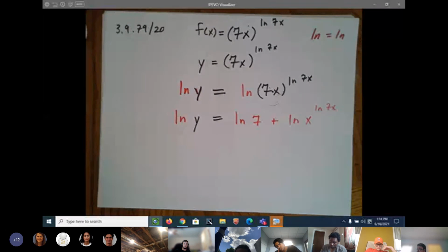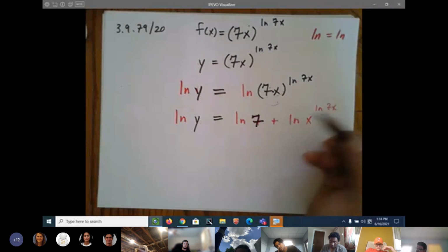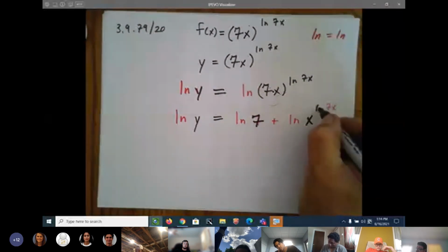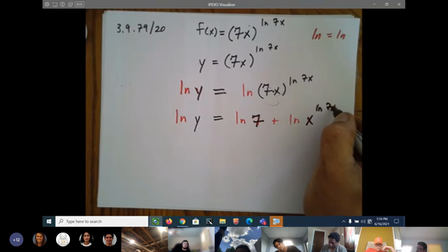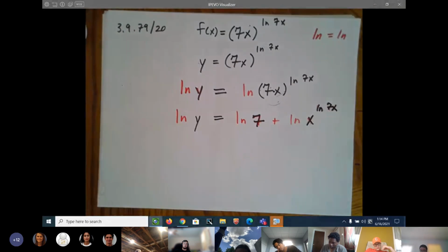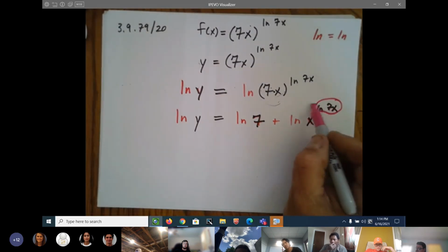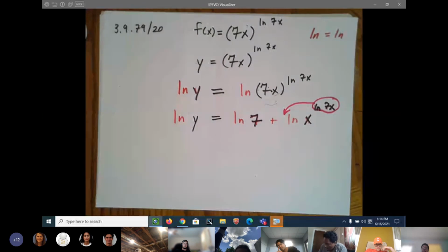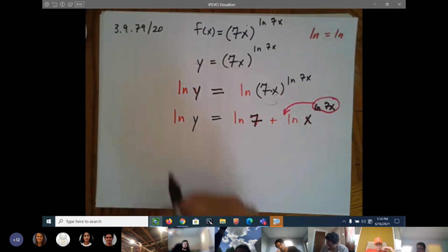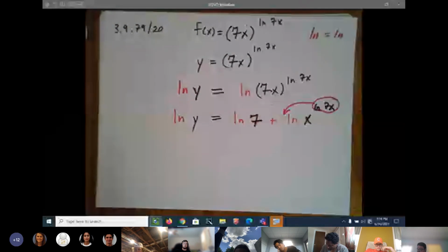X to the natural log of 7x. And then bring that out using the power rule. Bring this out using the power rule. And that's going to give you, and this is where you should start,